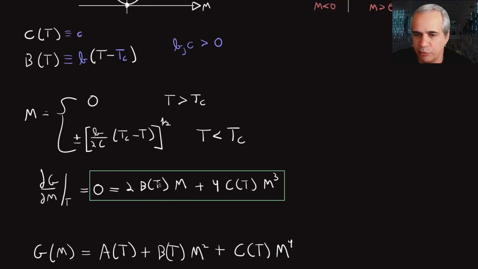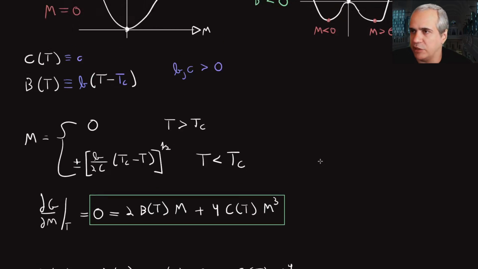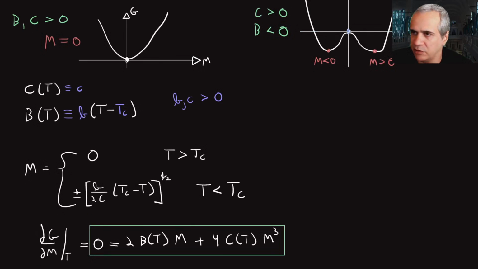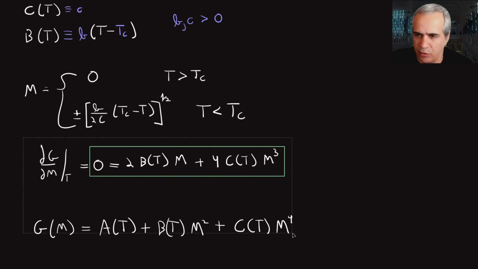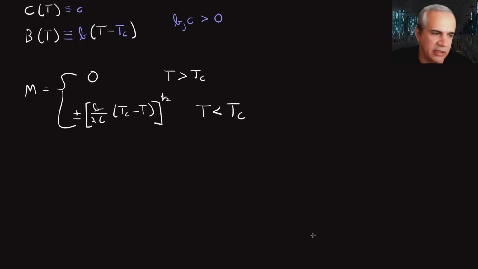You just have to substitute b and c here and solve for the solution other than m equals 0, which is this point, which does not interest us, right? So there you go. Those are the two solutions for external field equals 0. Now, if we take